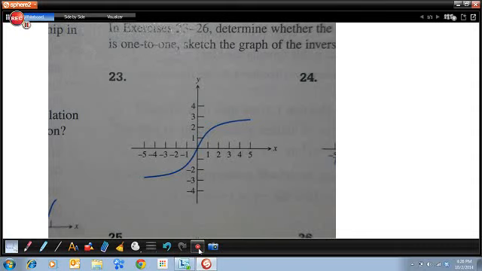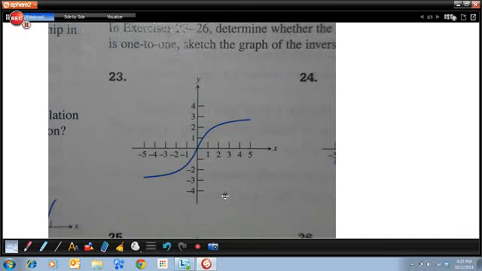Question number 23, or exercise number 23, which matches, which example was it? Example 5, finding an inverse function graphically. So what it's talking about is the inverse reflection principle. And what that means is that you can draw the inverse of a function if you reflect it across the